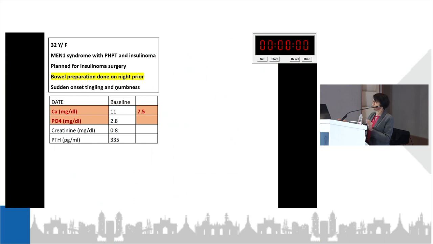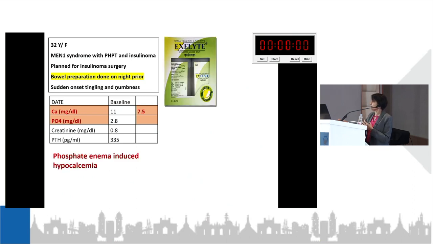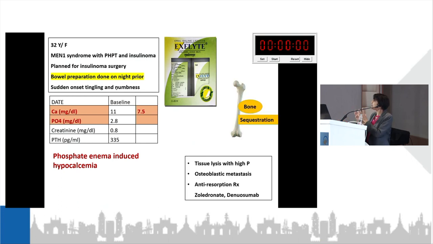Seemingly innocuous drugs like phosphate-containing enema, which is used as a pre-op preparation, in a patient with an acute load of phosphorus, especially in a background of compromised renal function, can lead to a state of hypocalcemia, which can be symptomatic, and that should be borne in mind as well. So phosphate enema induced hypocalcemia was a presenting feature in this particular patient. So sudden load of phosphate, which can come from enema or a tumor lysis syndrome, is also something that we should be aware of.